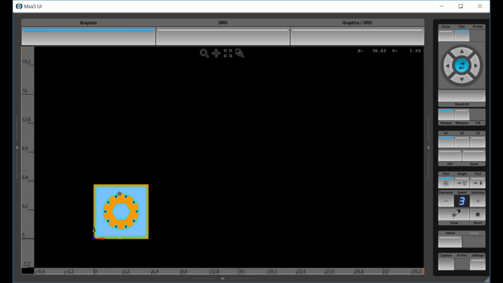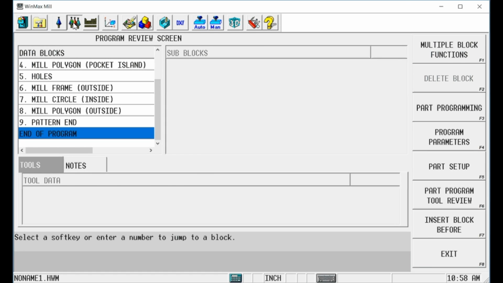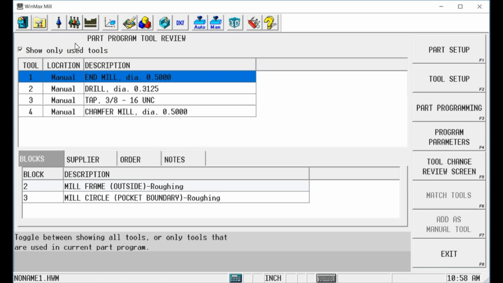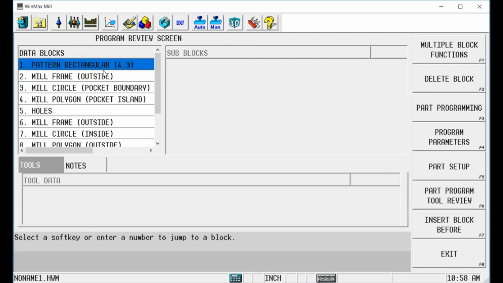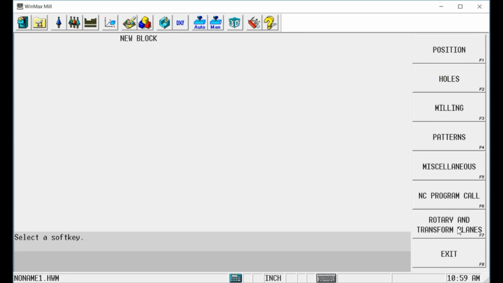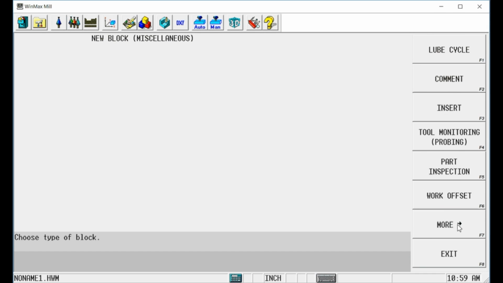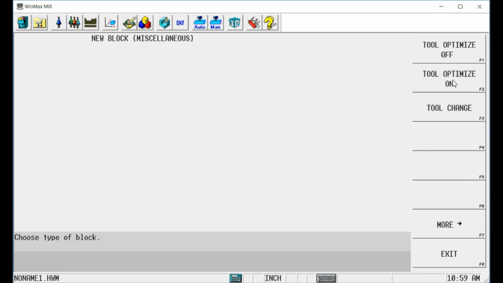pattern. In this case, it's going to be doing milling, drilling, chamfering, and tapping. If I go to the tool review screen, there's a button here called Tool Change Review. And you can see that inside the pattern block, inside the pattern rectangular, so if I go back to the program, and at the very beginning I insert a tool optimize on block,